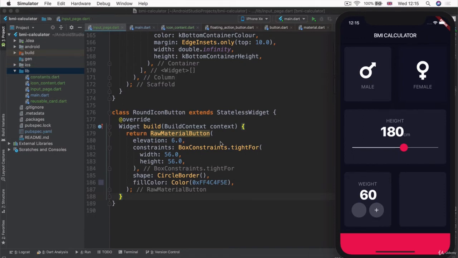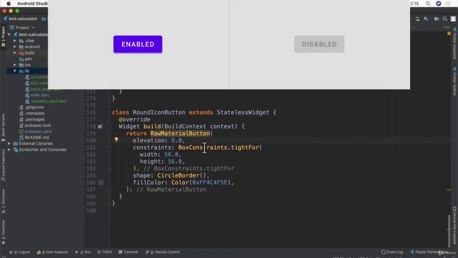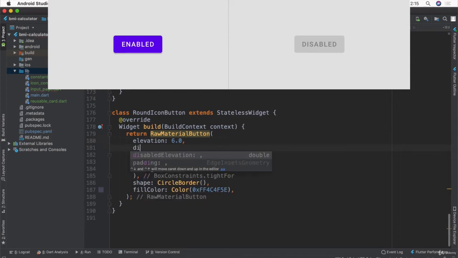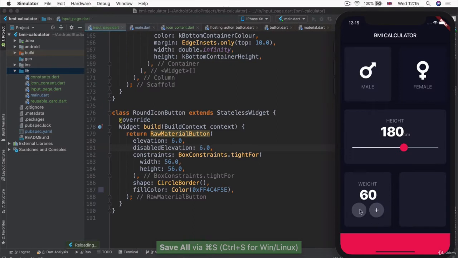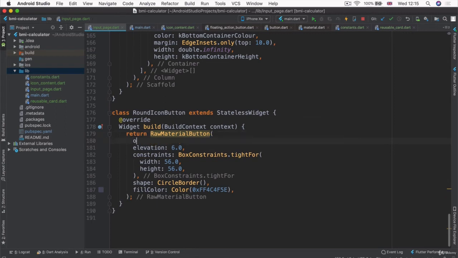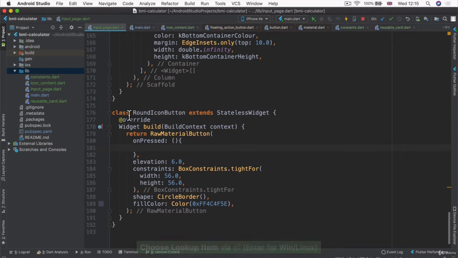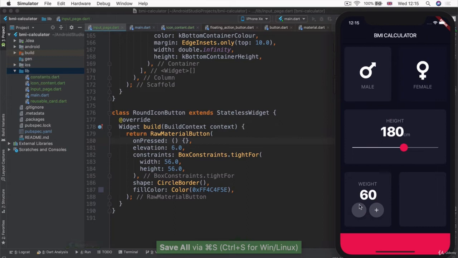So why is that? Well, it's because when our material button doesn't have an onPressed parameter, so it's not able to respond to touches, it's actually in the disabled state. So there's even a setting for the disabled elevation. So if we add that as a 6, then you can see we now get our elevation. But better than that, we can actually simply just add an onPressed and define what should happen when somebody presses on our round icon button. And if I hit save here, you can see that my shadow stays exactly the same as the floating action